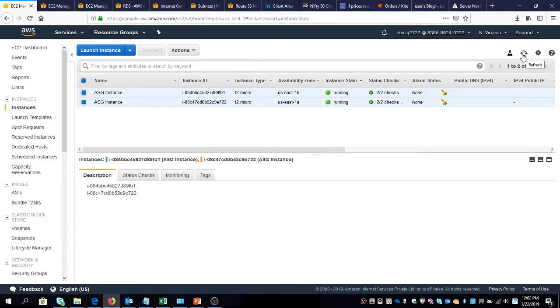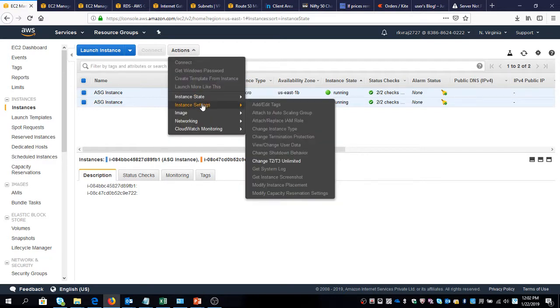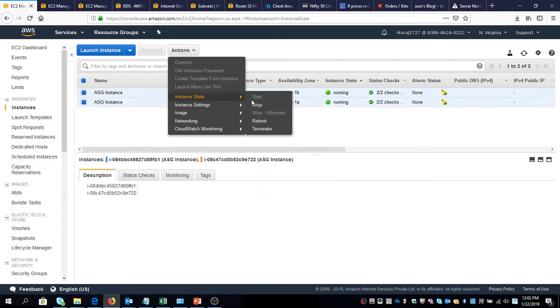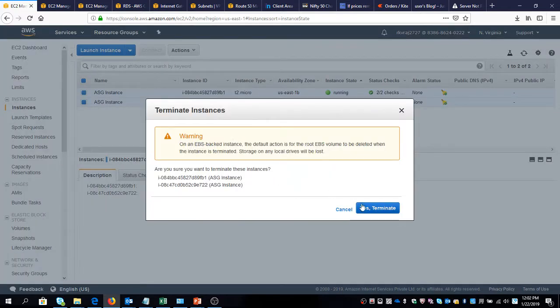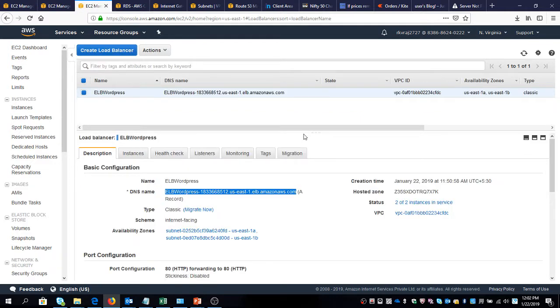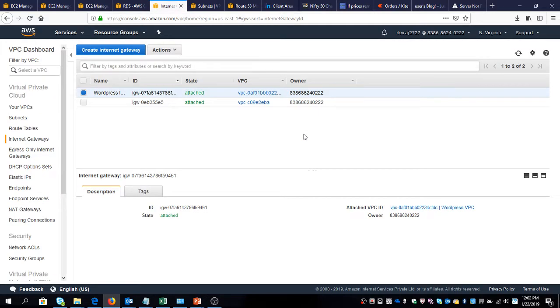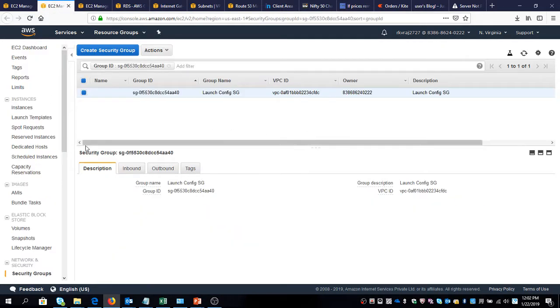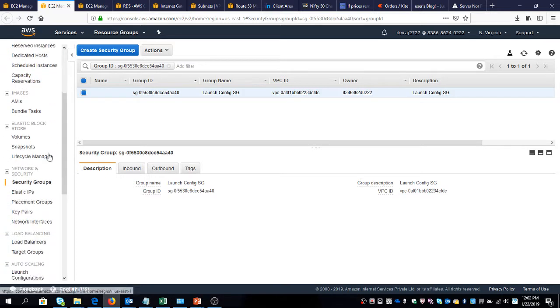for demo purposes, I'll go ahead and delete these instances. I'll go ahead and terminate these. Right, so what is supposed to happen? As soon as we delete or terminate these two instances, the auto scaling group will trigger. What that will do is, it sees that there are no instances, and if you remember, we created auto scaling parameters, right? If we go back to our auto scaling groups,